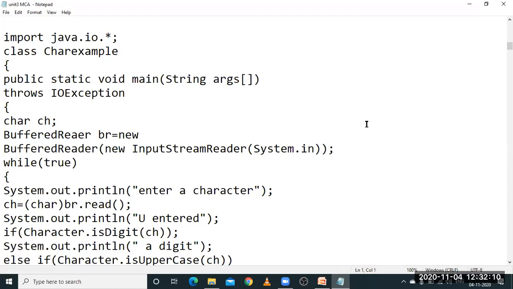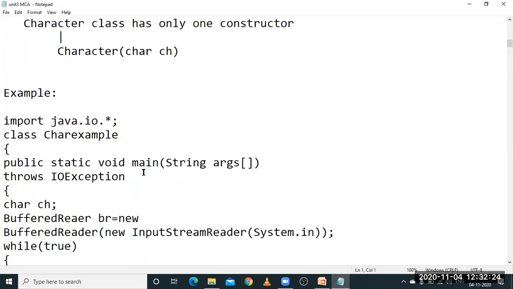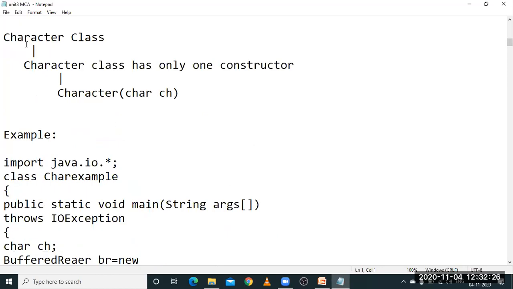We are discussing this example program regarding wrapper classes. You can observe here, this is the Character class.